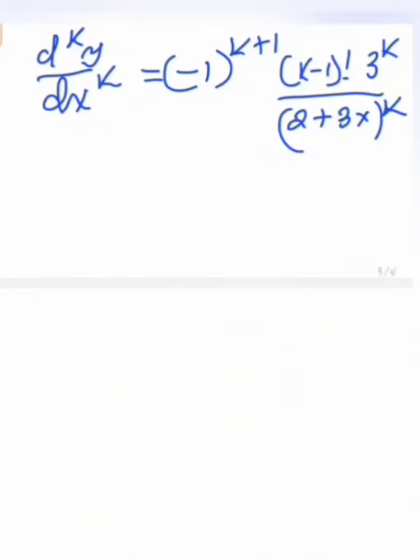As was earlier mentioned, we need to make use of the formula obtained at the hypothesis step, where we assume that the formula is true for n equals k, in order to obtain the formula for the case where n equals k plus 1. Now, when you observe the statement that we have obtained from the hypothesis step, we notice that the order of the derivative is k. And since the next larger consecutive integer to k is k plus 1, it means that if we differentiate this formula with order k, we can now use it to show that the formula will be true for n equals k plus 1. So symbolically then we can write that d to the k plus 1